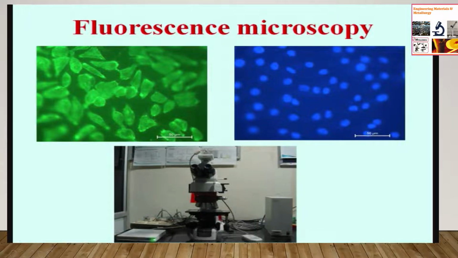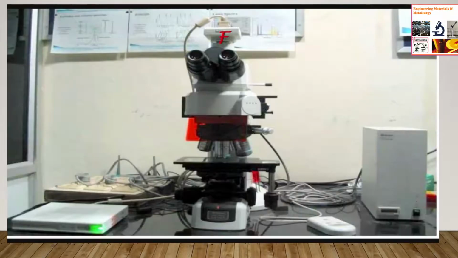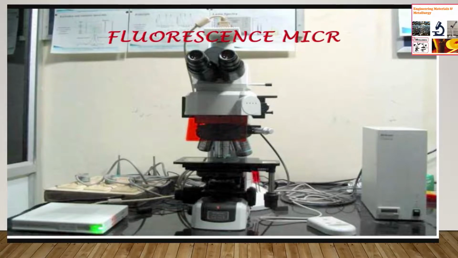Fluorescence microscopy utilizes the principle of fluorescence to study the properties of inorganic as well as organic substances by an instrument called a fluorescence microscope. Fluorescence is the phenomenon in which light of higher wavelength is emitted from a substance which has been irradiated with a known specific wavelength, within nanoseconds. This is a picture of the fluorescence microscope in our laboratory.